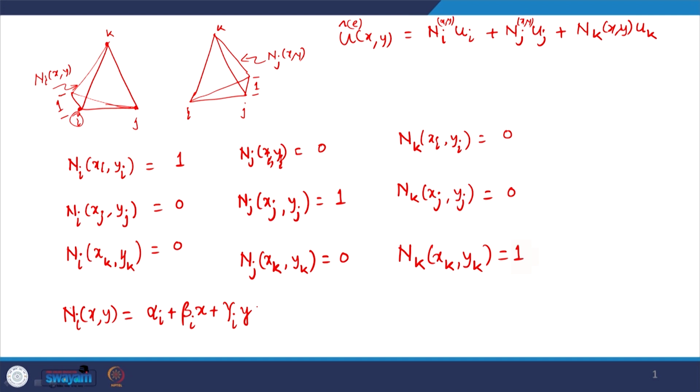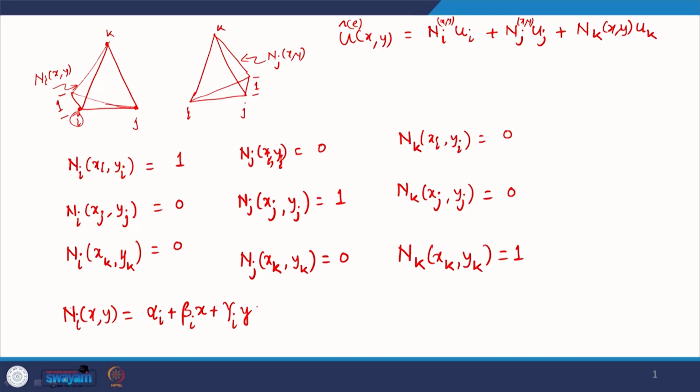So, this is the first degree polynomial, for which alpha, beta and gamma for node i can be evaluated by these 3 constraints. I just substitute the values for these 3 coordinates x_i, y_i, x_j, y_j and x_k, y_k, and evaluate